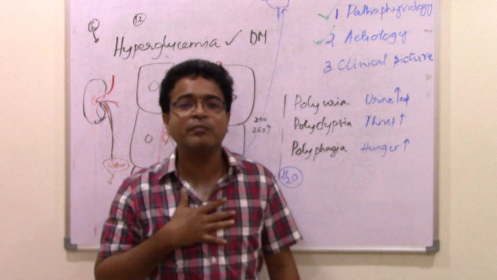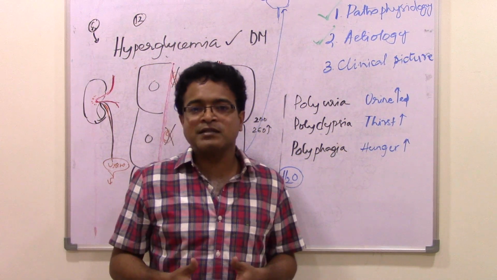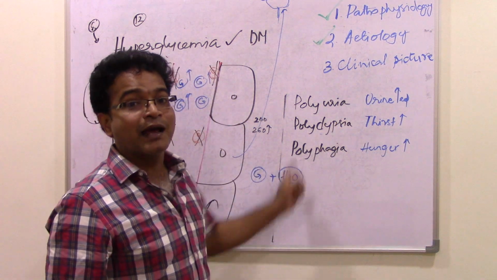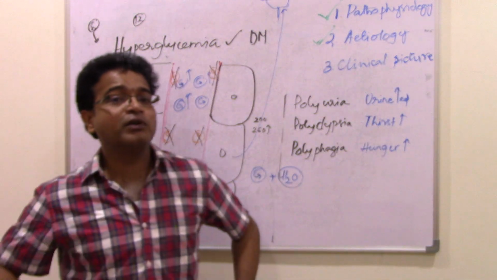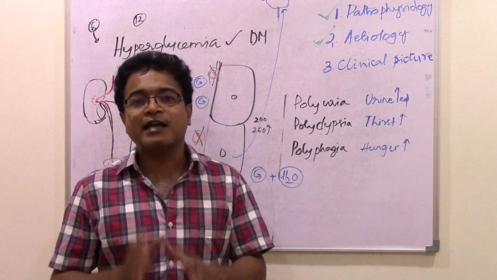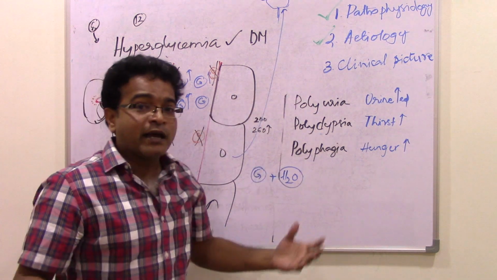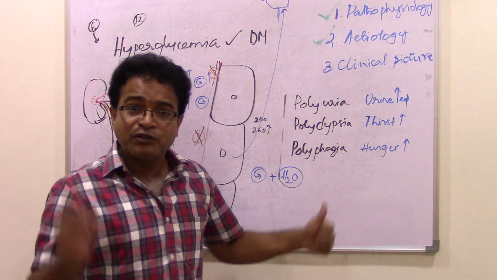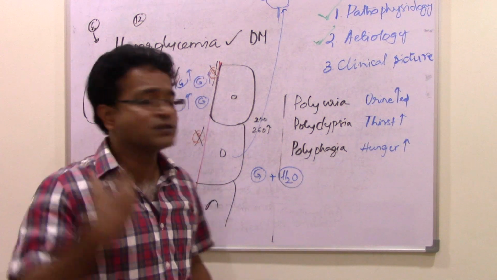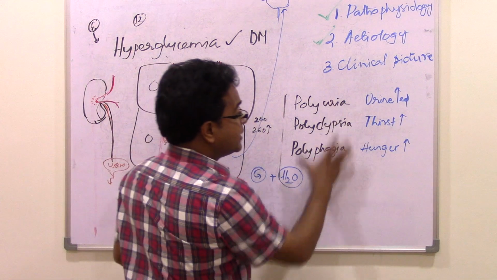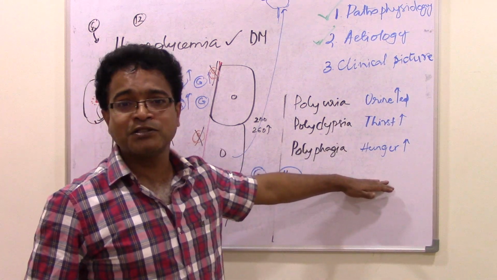Because we are constantly communicating with our actions to all the cells and organs in our body, people don't realize it. We as dietitians need to understand this concept and explain effectively to our patients that putting on weight, especially putting on fat around the waist, is a sign of impending insulin resistance. Okay. Now, if somebody says, I don't have polyuria, polydipsia and polyphagia, you must say you have abdominal obesity. That means what? You are in the pre-diabetes stage. This is what we are supposed to explain. If somebody is waiting for this, the disease has set in long back and they are already experiencing the early complications of diabetes.